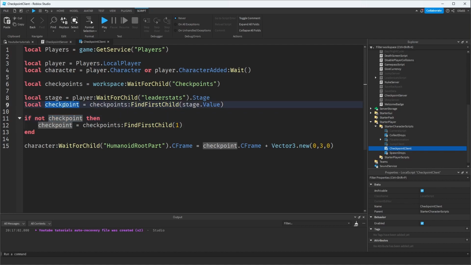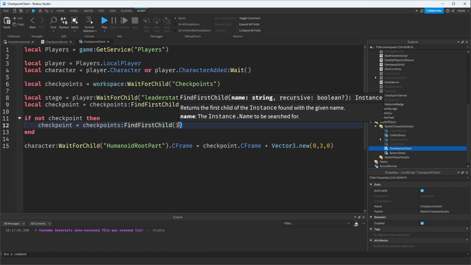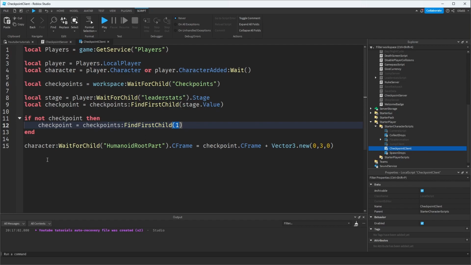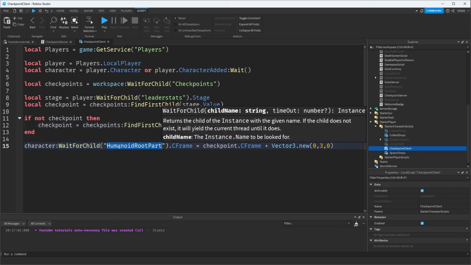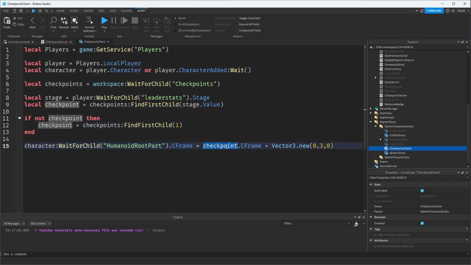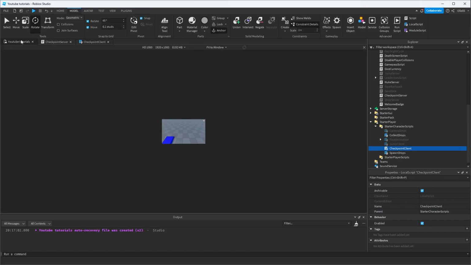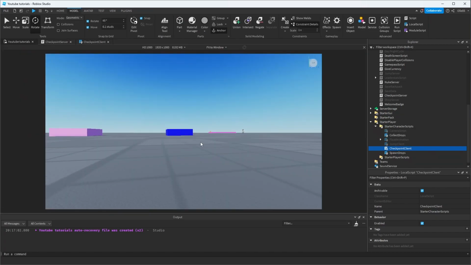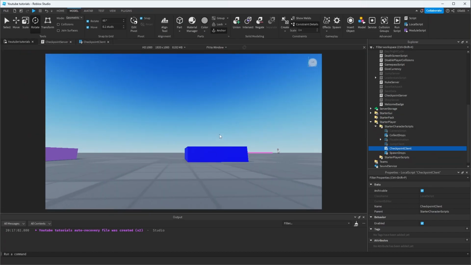If they are on a stage that doesn't exist for some reason, that doesn't have a checkpoint, then we just set it to 1 to make sure that they spawn somewhere. And then we're setting their humanoid root part CFrame to the checkpoint CFrame and adding just a little bit of offset on the Y-axis so they don't spawn inside the checkpoint and instead spawn a little bit up